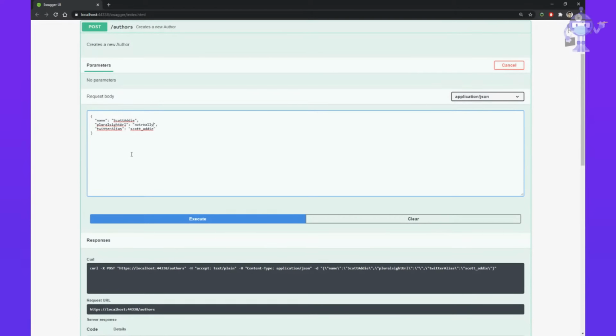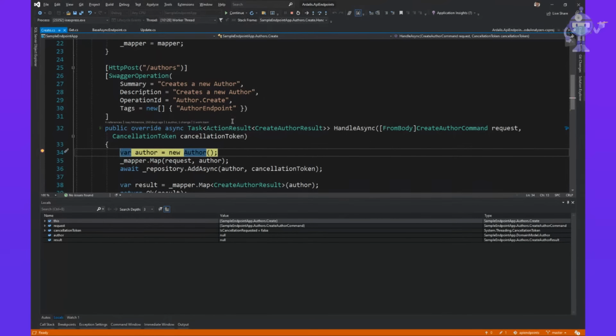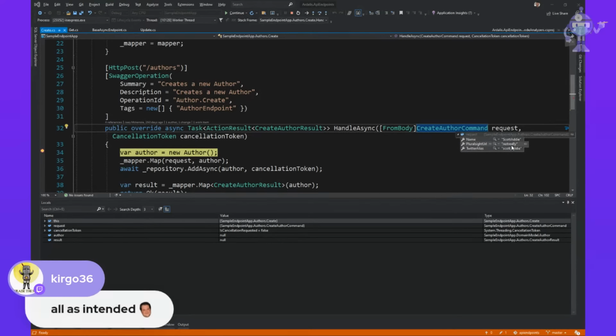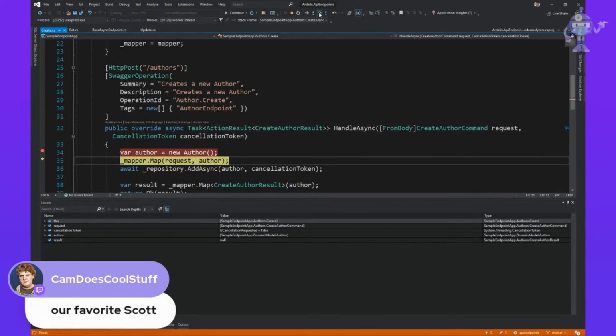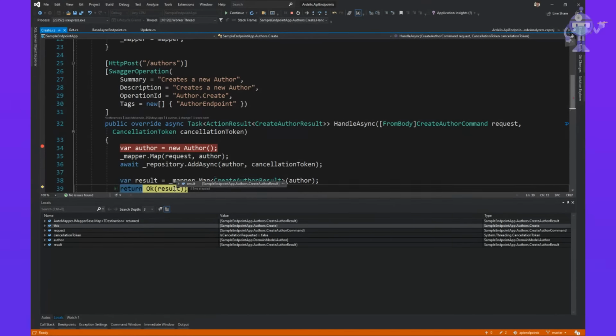So do that. And now we hit the breakpoint, right? So model validation prevented us from actually coming in here because we're inheriting from API controller. That all happens before it even gets into your action method. But now we're in here. We can look at this command, this request, and pop this open. You can see Scott Addy, Pluralsight URL, Twitter alias. That's all good. We can step, create the thing, map, and then we've got now a result type,